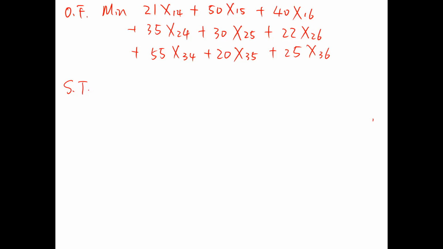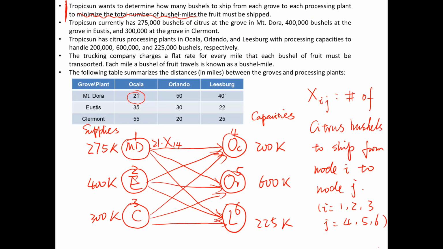And then constraints. Let's go to our graph. Okay, so we have supplies and capacities. It is maybe easier and more obvious for us to consider the capacities first. So let's look at this. Usually capacity is another keyword that represents a constraint. Since those processing plants have their individual capacities, that means, for example, for Ocala, all the citrus shipped to this processing plant should not exceed